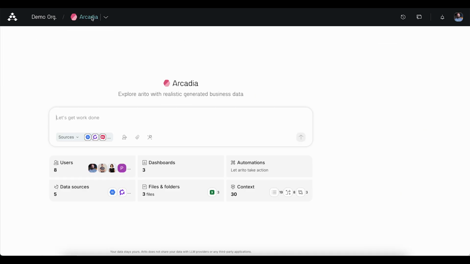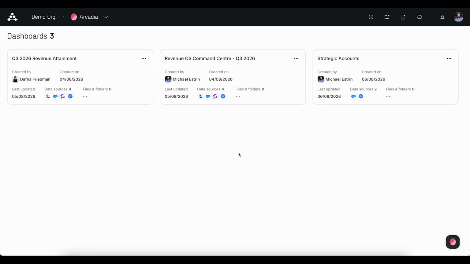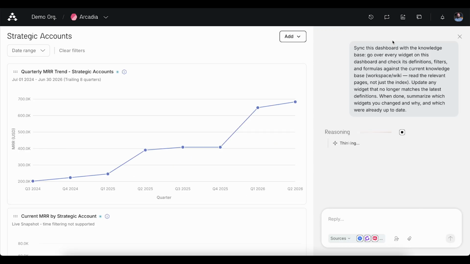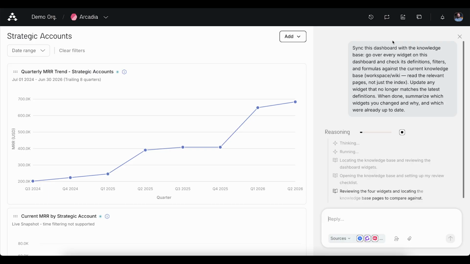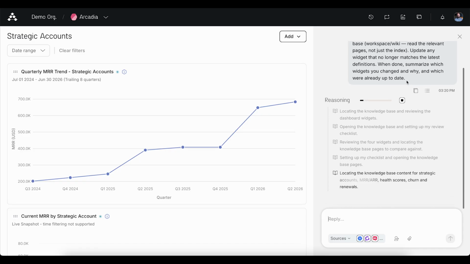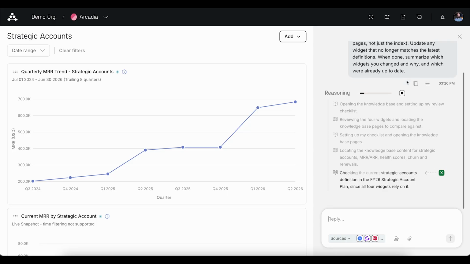After that, we're going to see that the new knowledge base is now updated according to the user preferences. Now, if the knowledge base has been updated, the dashboard that I built should also be updated. So we have given the user the capability to sync the dashboard to the latest knowledge base. What's going to happen here is Arito is re-editing the entire dashboard from the ground up, because the term strategic account has been used in the dashboard many times, and there might be other assets that rely on the knowledge base. If the knowledge base changes, we give the user the capability to go back to all the artifacts that the user has created and update them